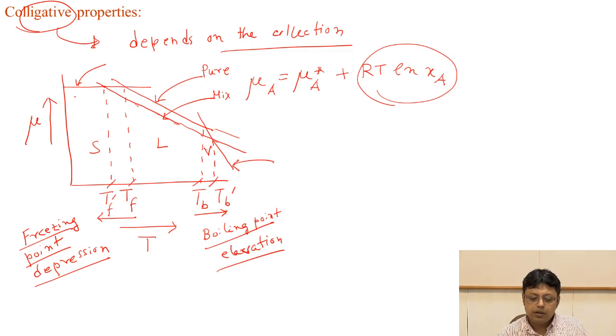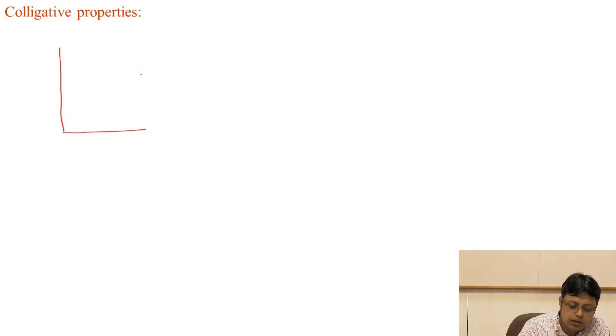Now think about it, just like we discussed how the freezing point is changing or the boiling point is elevated, we can actually discuss the thermodynamics of these processes in much more detail. Now let us start with the elevation of the boiling point. Now what is boiling? Think about it like we have a solvent here, and then it is always in equilibrium with its vapor. So suppose I write it as A,